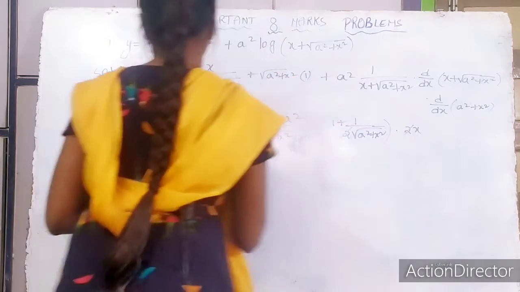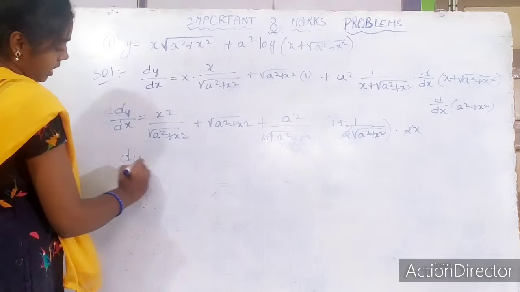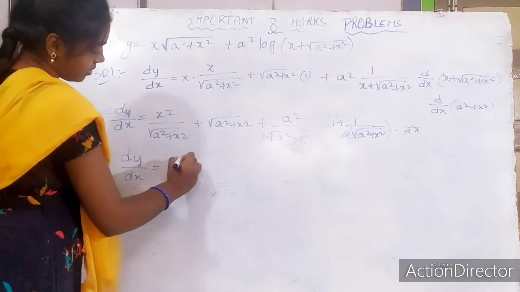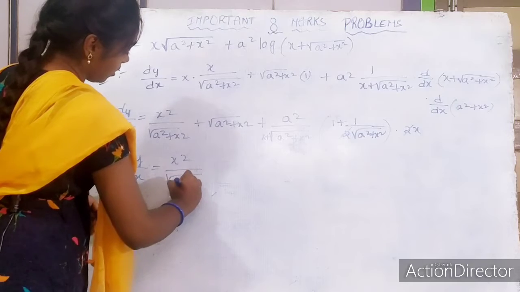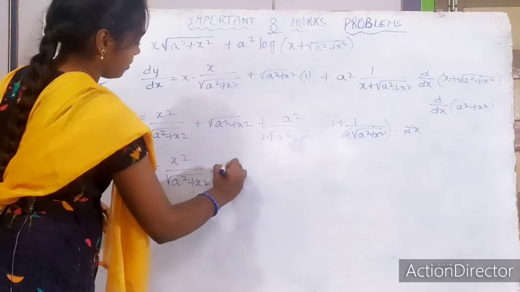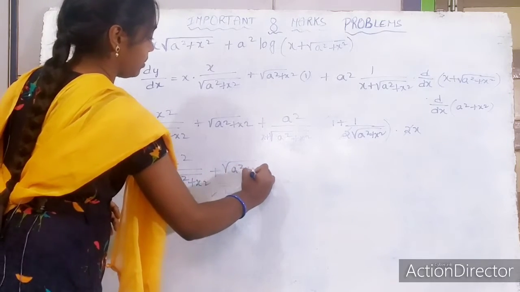Here 2 gets cancelled. So dy by dx is equal to x square by root of a square plus x square plus root of a square plus x square